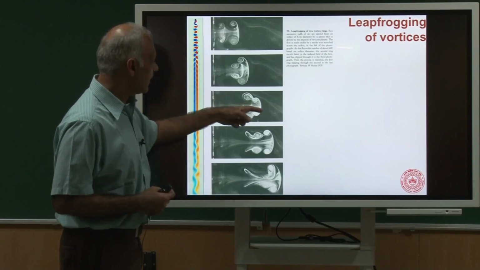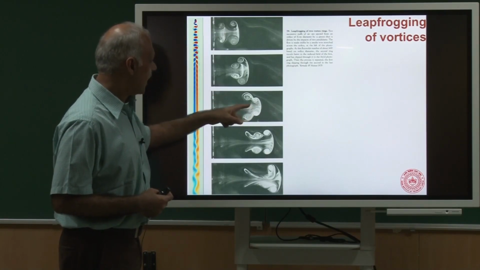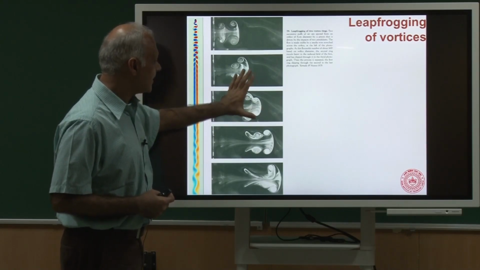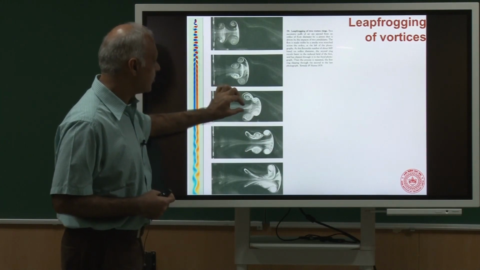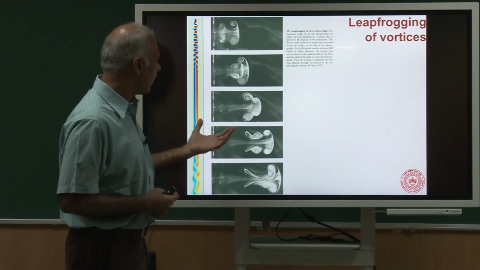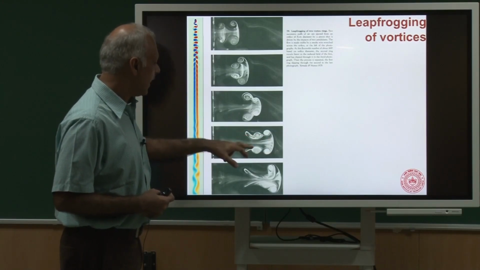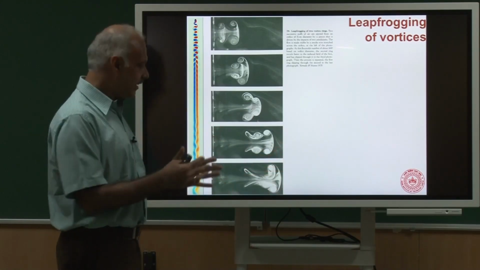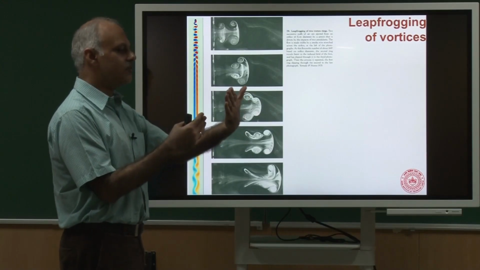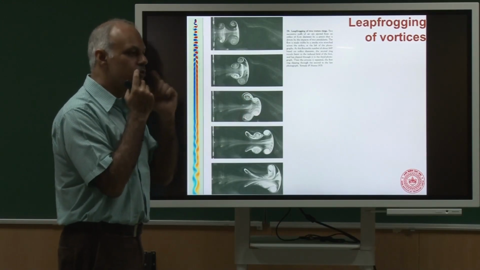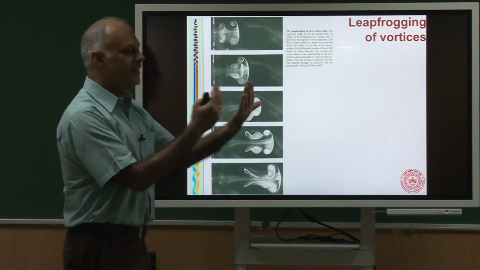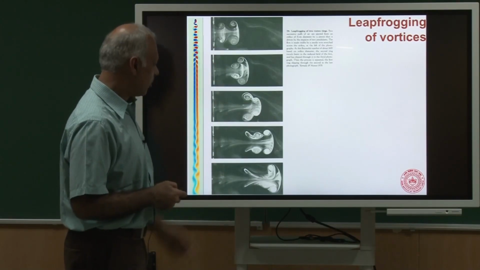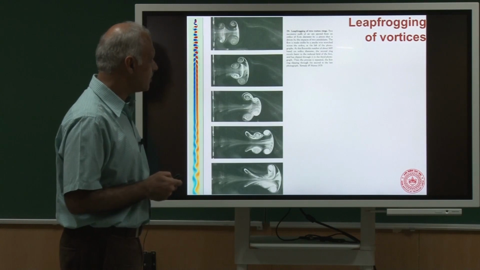So you see the first leapfrogging, and now this one, which was actually released later, has gone ahead, and now this ring starts increasing in diameter and this ring starts reducing in diameter, and again because of the induced velocities, the front one slows down and the one at the back increases in speed, and they leapfrog once again. And therefore you have this very nice situation where you release two smoke rings one after the other, and they keep leapfrogging. Okay, so it's a very nice scene. You can probably even find some images on YouTube.